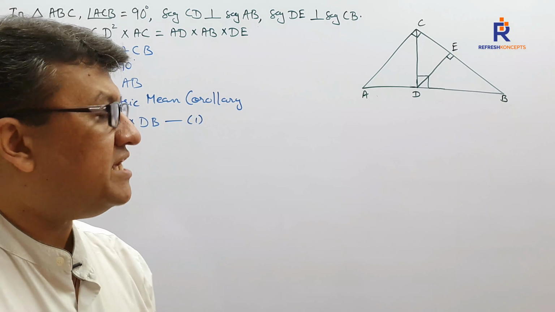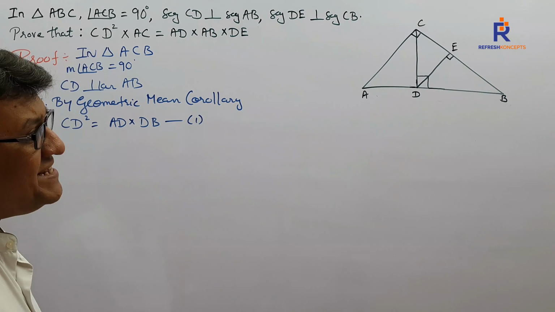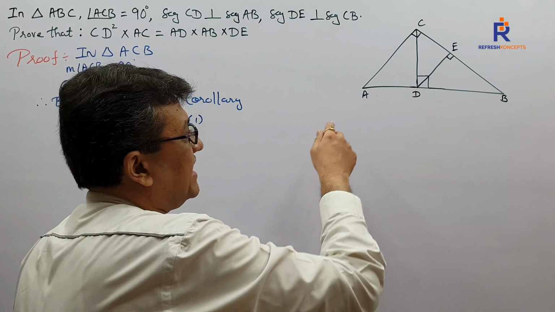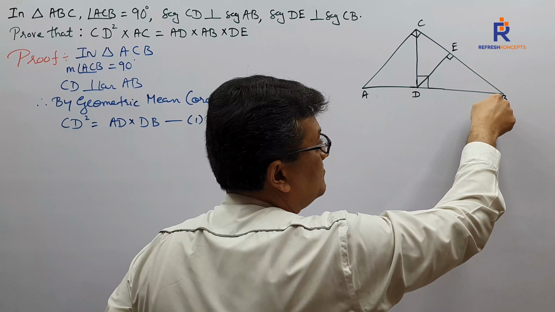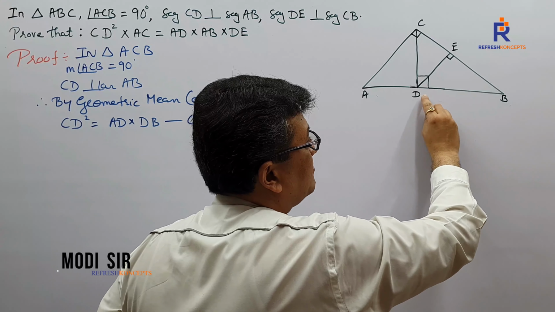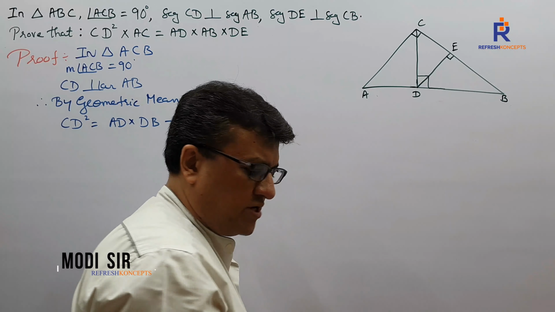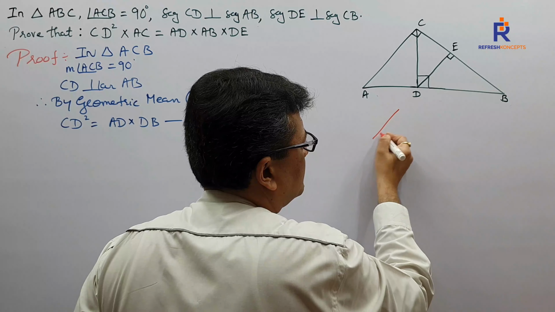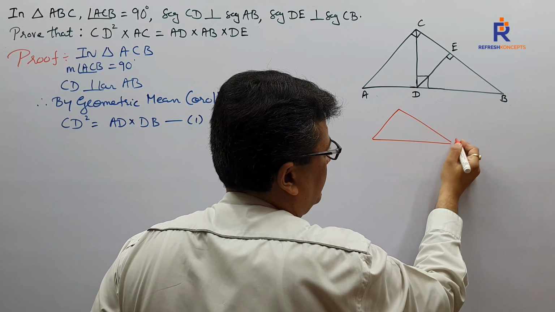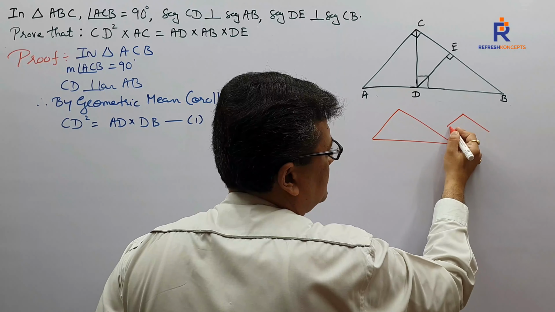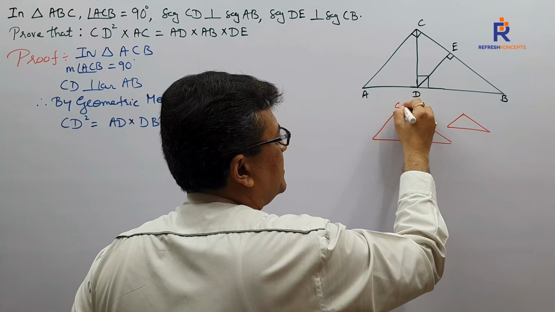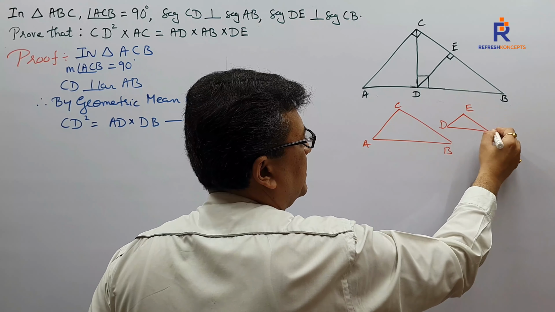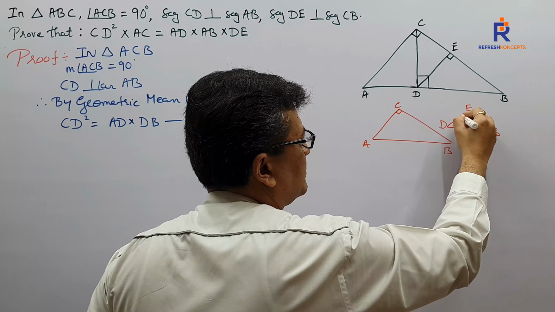What next? Now, can we see two right angle triangles, one within the other? Can I see one triangle ACB, a right angle triangle? Can I see one more right angle triangle DEB? So if you want, you can go for some kind of demerge figure. Not necessary actually, but if you want, you can. This is the bigger one, C, A, B. This is the smaller one, D, E, B. This is 90. This is 90.